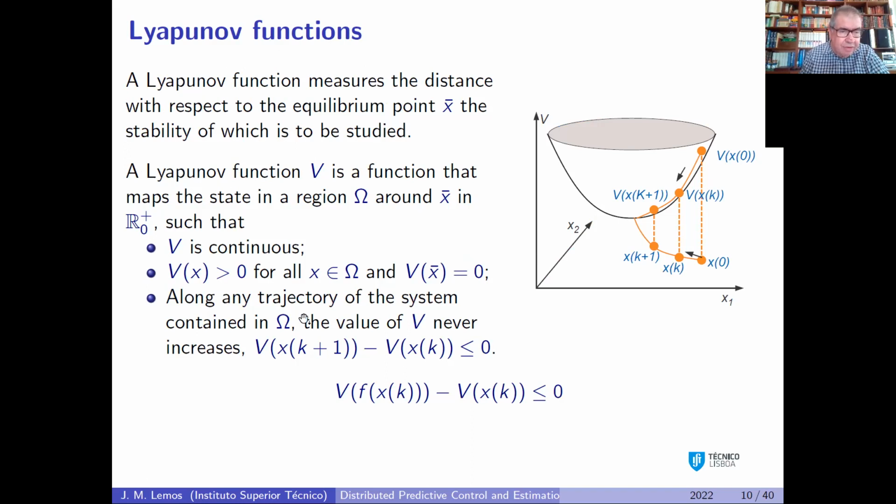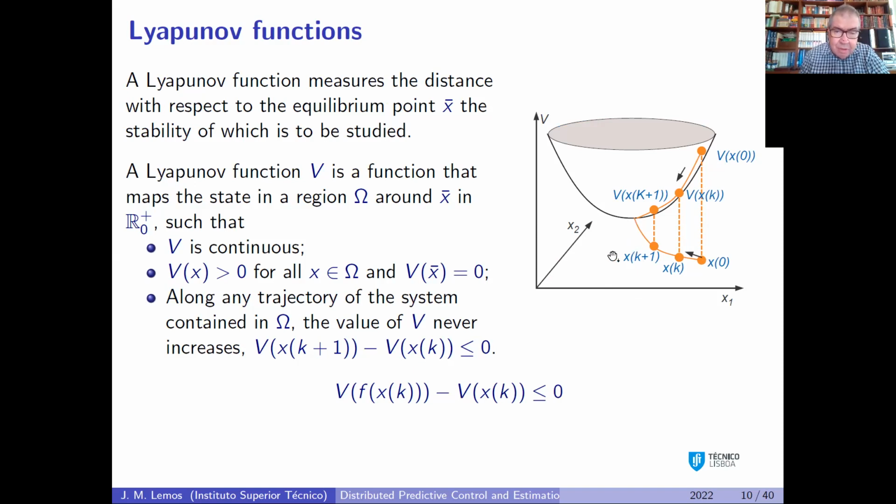So I define, this is the definition, okay? The Lyapunov function is a function of the state. So if you look at the picture, our state space has dimension 2, so I have two variables, x1 and x2. And for each point in state space, at least in a region omega, so some ball around the equilibrium. Let's suppose that equilibrium was here, where I have my pointer, and then I have some omega region around it. Okay, and within this region,